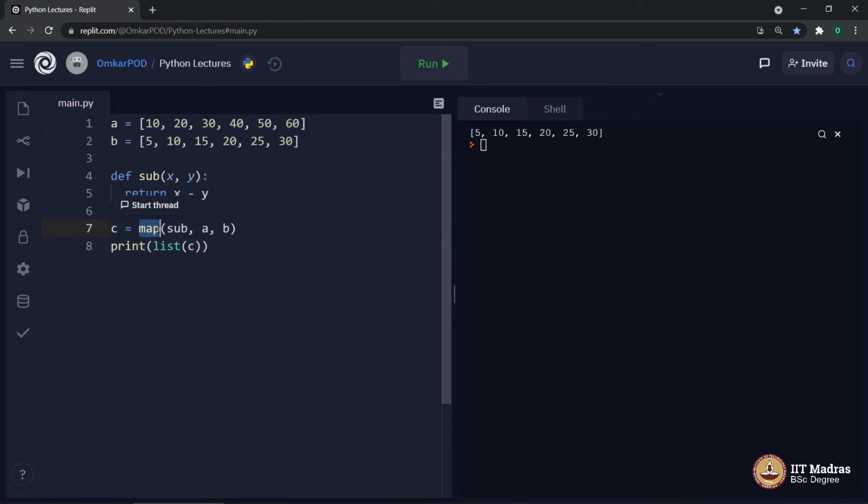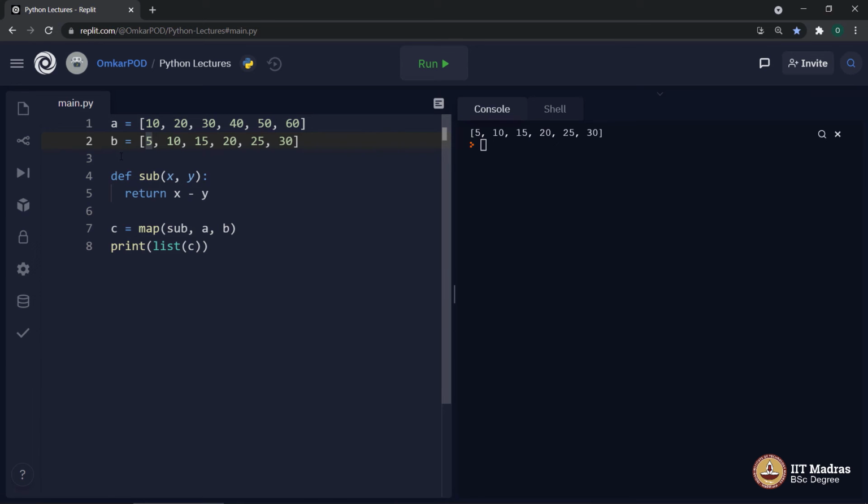So what this map function does is, it implements a concept of mapping of a function with its iterators. In this case, this map function will iterate over these two lists, and at the same time it will execute this function for every single entry inside these two lists. And that is why it is very helpful when we want to repeat some operation for every single element inside